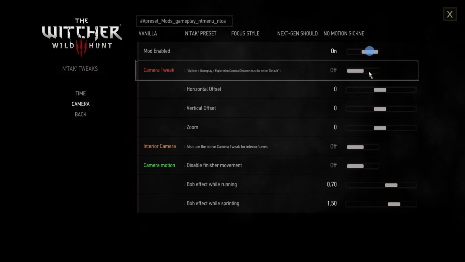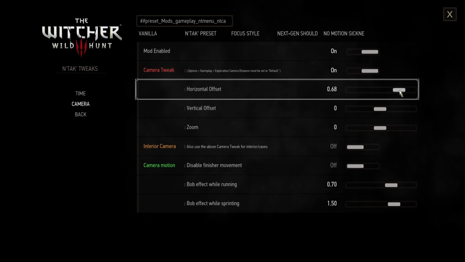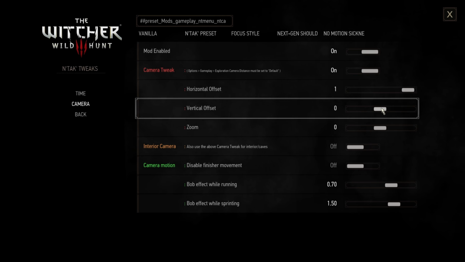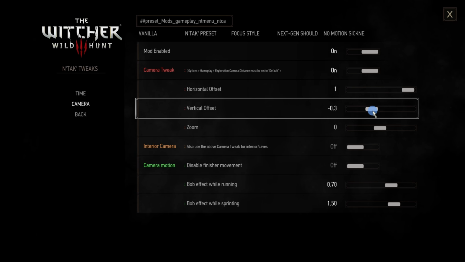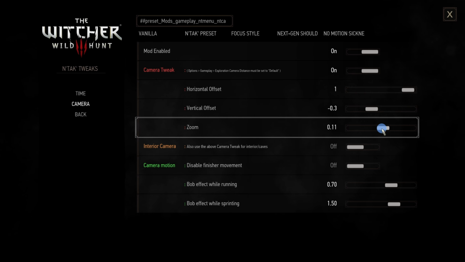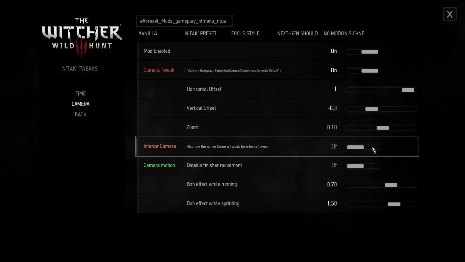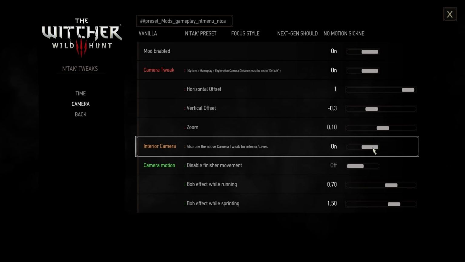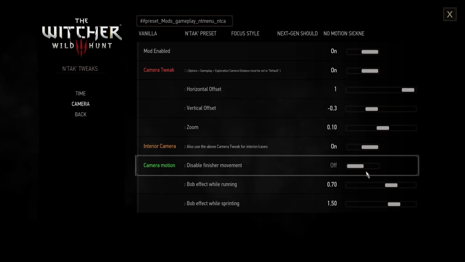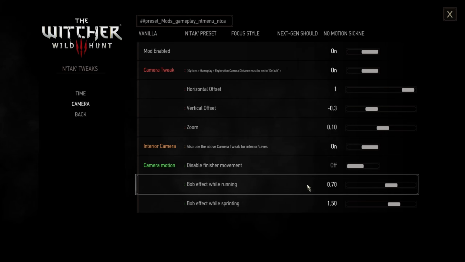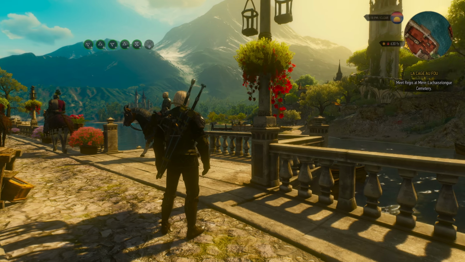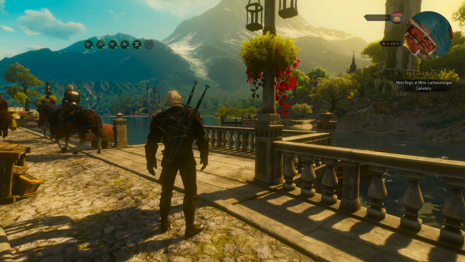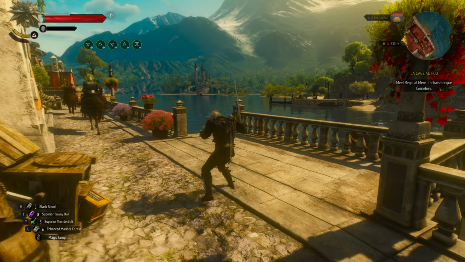In which case, you would press this, and you would start playing with these. This is my horizontal, so I can go all the way to the right. I can go a little bit lower, so I can see his feet. Let's say minus 30 is good. I could zoom, let's say, to 0.10. I could switch that on, so every time I walk into a house, the camera doesn't change angle. You obviously get what this is about, and then every time you're running, you can change that to how much the camera moves. And look what that's going to look like now. And I can zoom even further, and as you can see, the